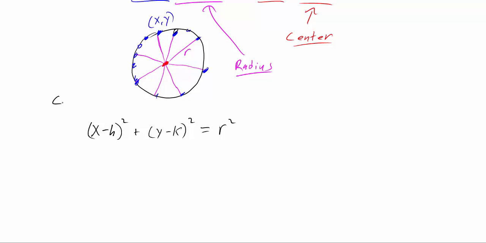So this is going to give you the equation for our circle. And of course here again we have our h and k, if you recall. That's going to represent the center. So h and k is the center of our circle, and then of course r is going to represent